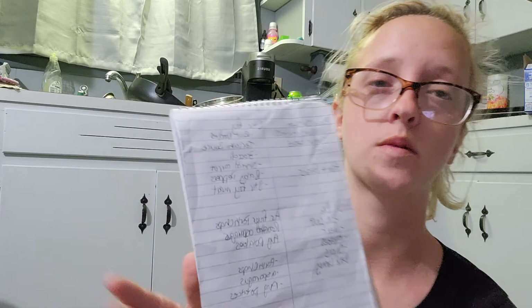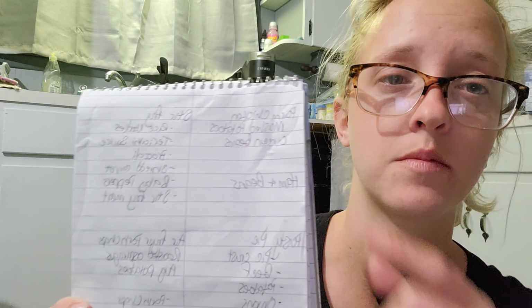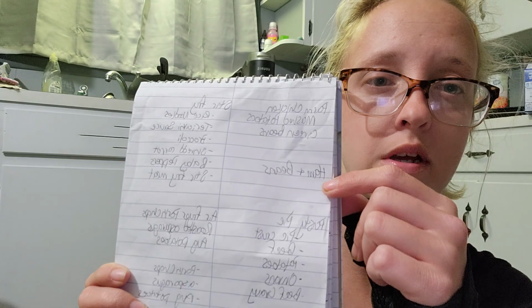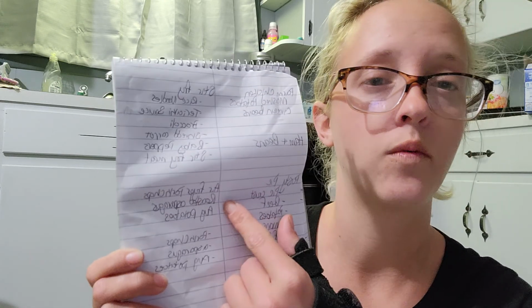So I'm going to see if I can hold this up from here and show you guys what we're having for dinner, because my wrist is hurting and I don't want to mess with my camera. Okay. Hopefully this isn't backwards. If it is, I'm sorry. So we're going to do the Parmesan chicken I didn't get to last week, the ham and beans I didn't get to last week. We're going to do the pasty pie, which I have a video on. We're going to do stir fry, which I also have a video on. And then I'm going to try this recipe for air fryer pork chops, and I will be filming that for